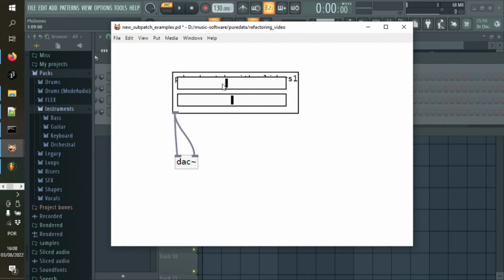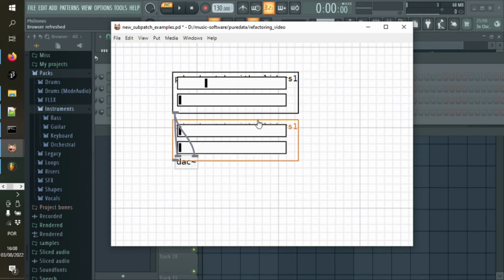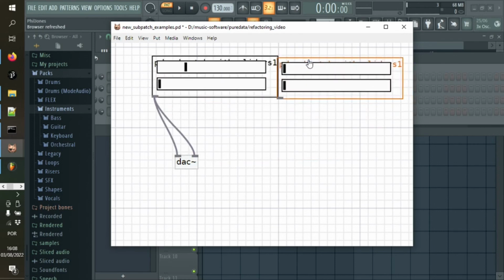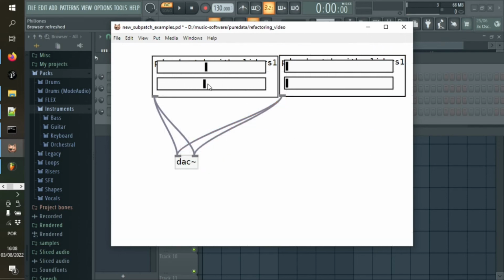So now we've encapsulated it all. And if I were to copy that whole component, then of course the UI comes with it, and we can connect that up here, and we can connect that up here. So again, we have our two oscillator synthesizer here, and this time we didn't have to make the UI part separately. We've encapsulated the user interface itself as part of the subcomponent,